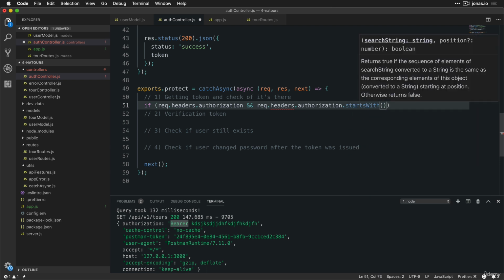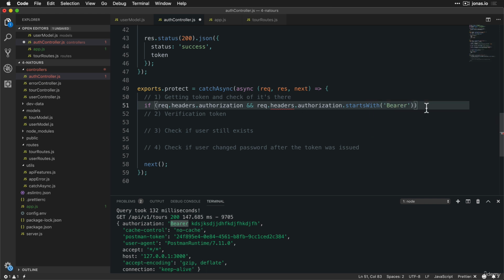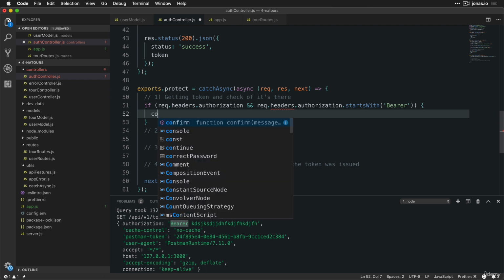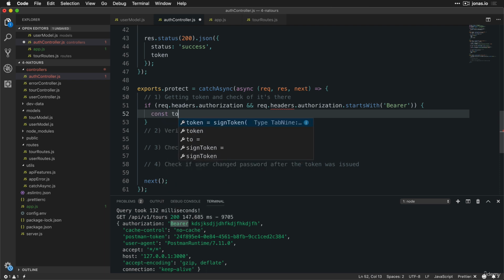Okay, so this is just normal JavaScript again. These are the conditions under which we actually want to save a token. So again, in case that the header exists and that its value starts with bearer, then in that case, we want to say that the token is equal to